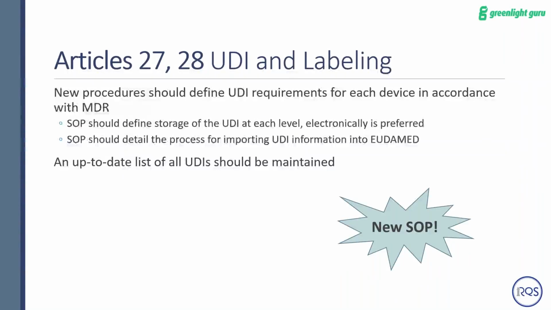So UDI and labeling. UDI requirements are detailed in the standard as well. Big change, obviously, no UDI requirements previously. Typical path, if you've done it in the US, it's get your UDI code or GUDID code from whatever, maybe GS1 is a common one, and you then have to have that code embedded in the barcode or QR code for your device, and make sure the information tied to your device is current on all levels of packaging and labeling.